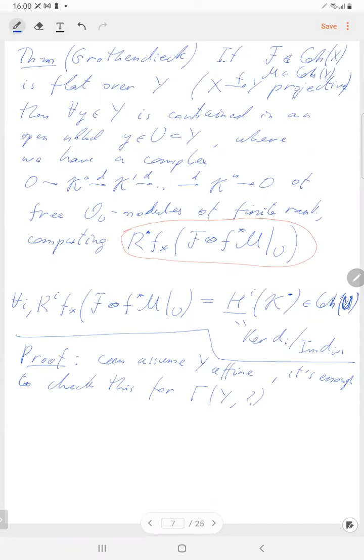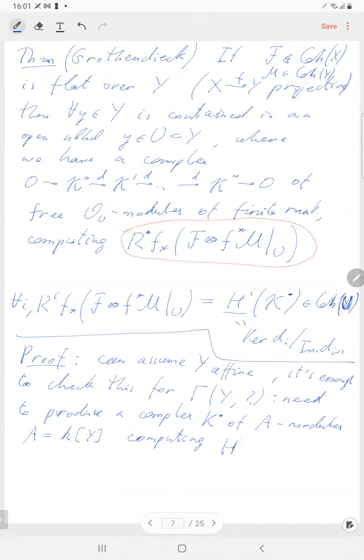So in other words, we need to produce a complex K of A modules, where A is the ring of regular functions on Y, computing the cohomology of